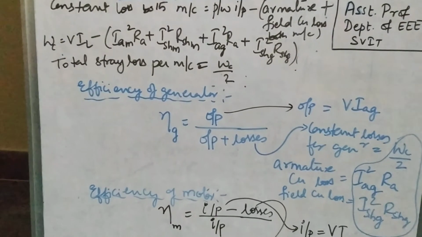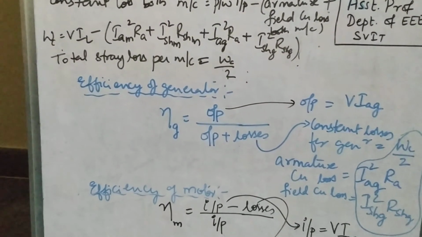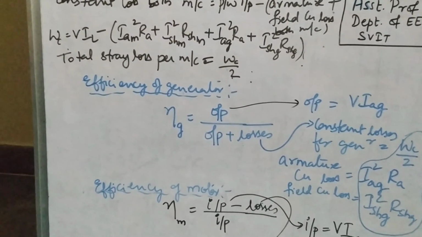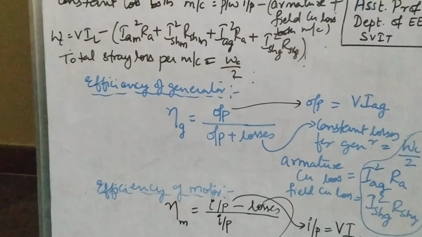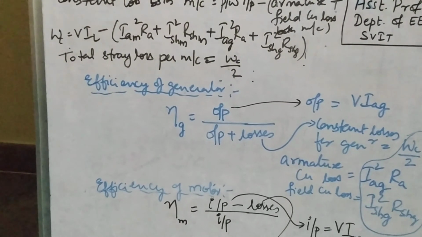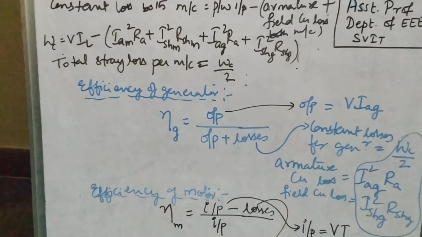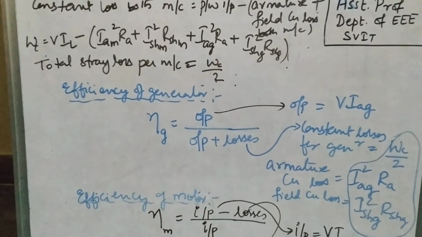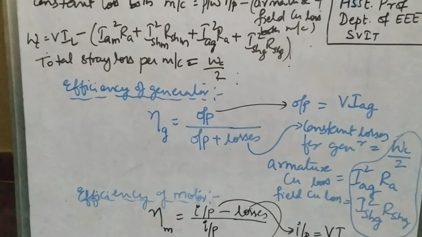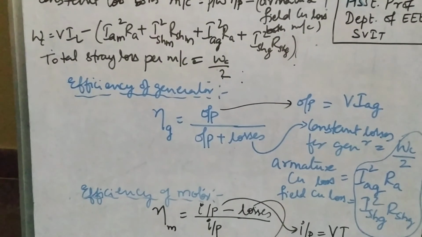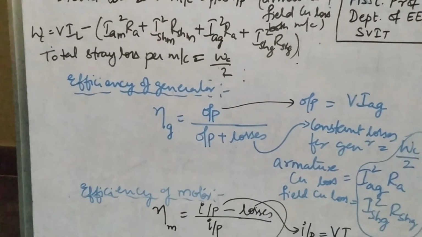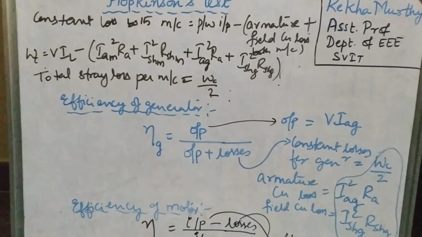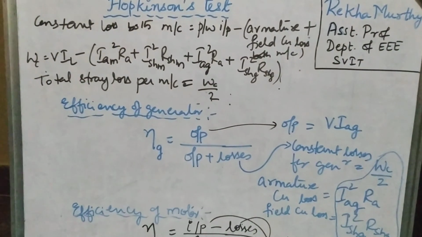And here the efficiency at different loads can be determined, right? And large machines can be tested. Whenever you would like to test a large machine at rated load without consuming much power from the supply, at that time we can employ this type of test, that is Hopkinson's test. But the disadvantage here is that we require two practically identical machines for performing this test, and that is why this test is suitable only for large DC machines. It is not applicable for small machines.